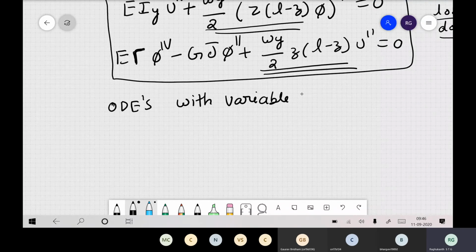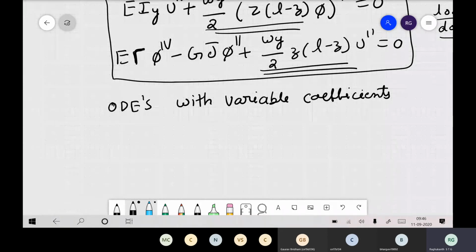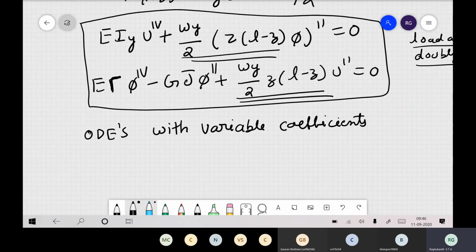Previously we have solved variable coefficients, you remember. Like the self-buckling of a column, many problems we have solved. How to solve with variable coefficients? Has anybody, how did we solve? You remember that variable coefficient problem, self-buckling, we solved previously. There, how did we do this self-buckling problem? You remember how did we solve?